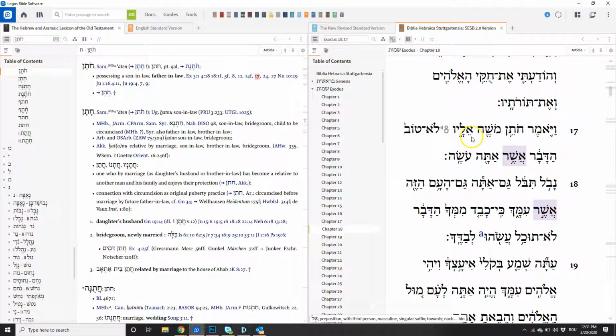Elav, to him, basically, lo tov, not good, hadavar, the word or the message, which you are doing. This is a participle. Again, participles will be next semester, but which you are doing. So I would translate this as, and the father-in-law of Moses said to him, not good, it is not good, or the message which you are